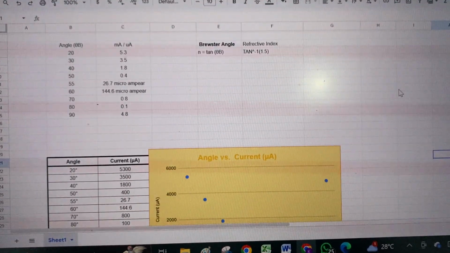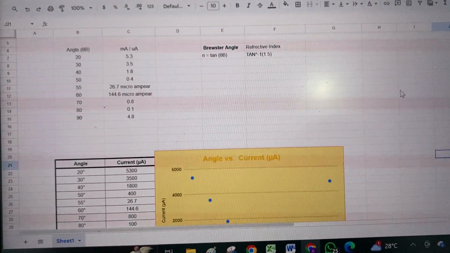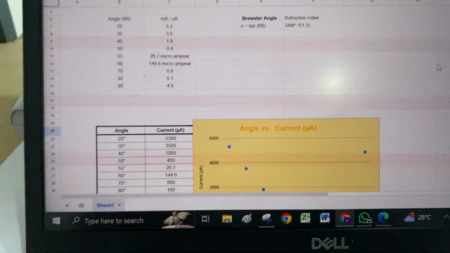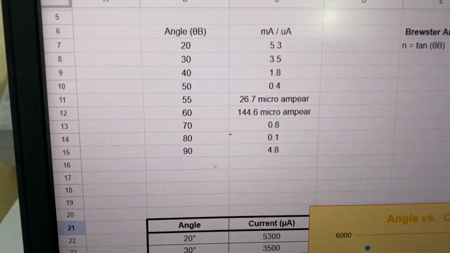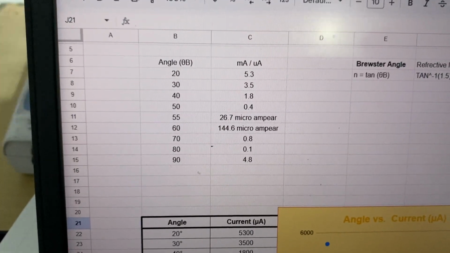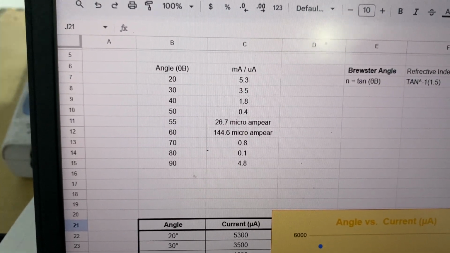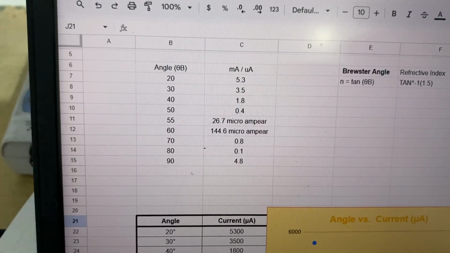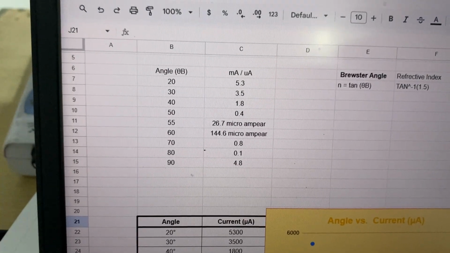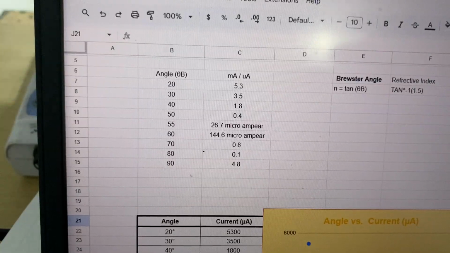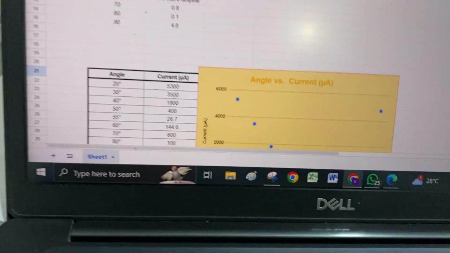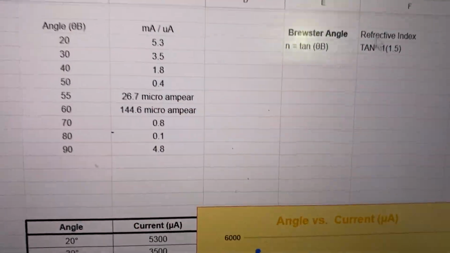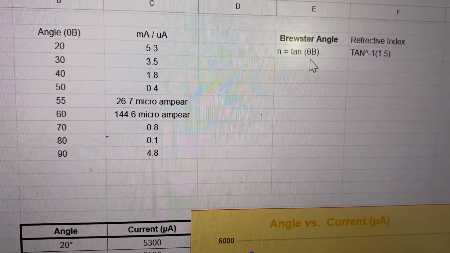We take readings three times for different angles, like 20, 30, 40, 55, to minimize the error. When we set 20 degree, we got 5.3 milliampere current, then 33.5, and near about 55 or 56 we got the minimum current, like 26 or 20 microampere. After that we find the Brewster angle using this formula, tan, and we put